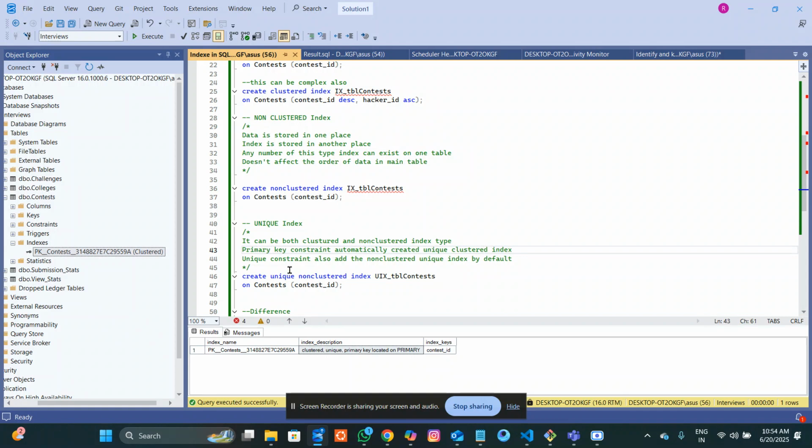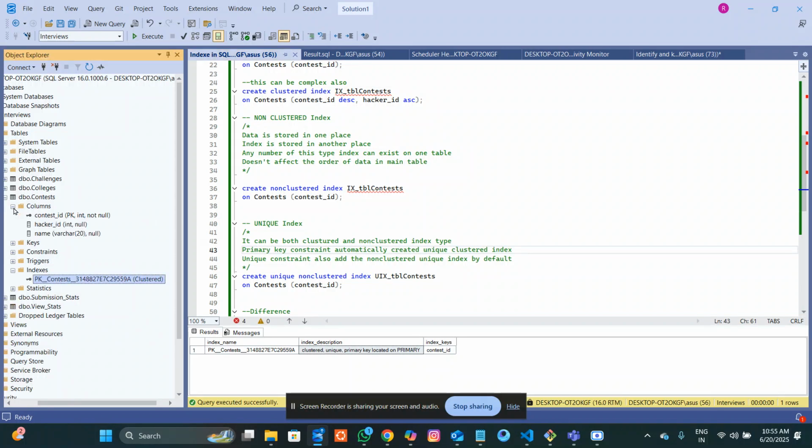And the third feature is that a unique constraint also adds a non-clustered unique index by default. So when you create a unique constraint, many times we put a unique constraint on a column, be it not the primary key alone. Let's say in this example, I want to put a unique key constraint on hacker ID to ensure there are no duplicates. Since it is a contest table, it is expected that we'll have more than one duplicate value in